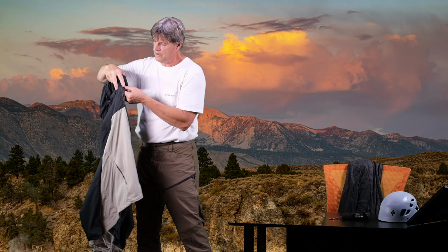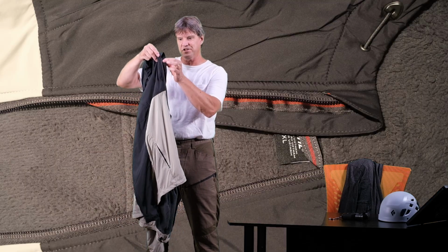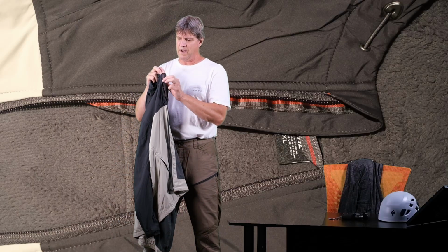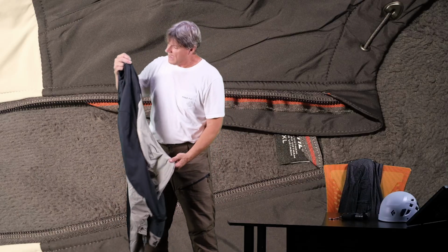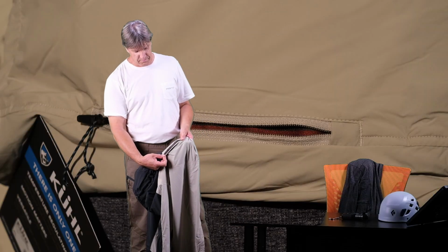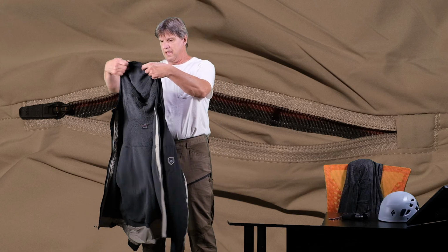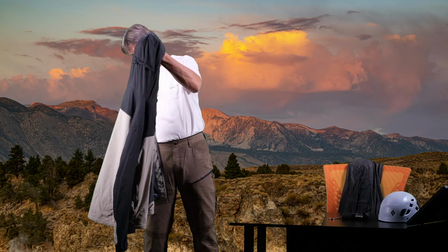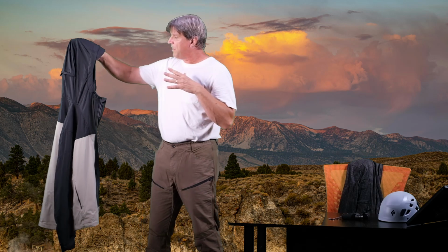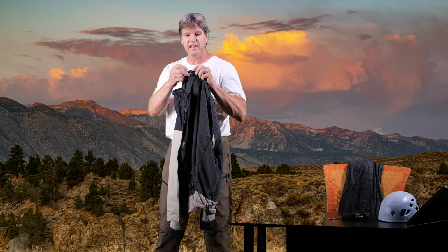Now, this little zipper tunnel here, the extra bit of fabric, it actually is black. It has a little red stripe down the middle. And there's also that fabric inside the pockets, the zipper pulls of the pocket. Right inside there is that little strip of material. And I saw it someplace else. Where was it? There was another little strip of it someplace. But anyway, the little loop here to hang up the jacket has the same little